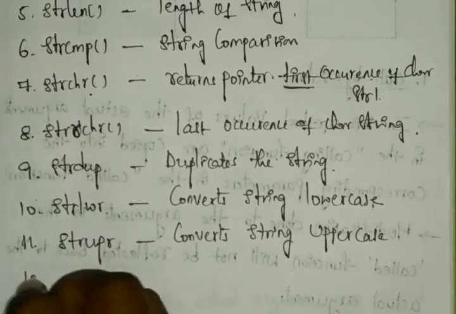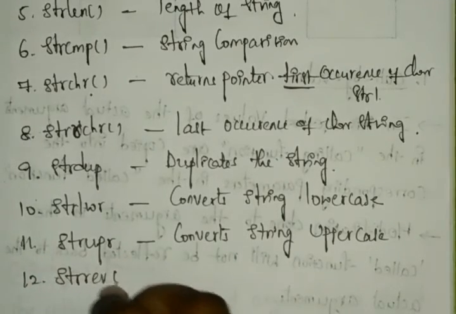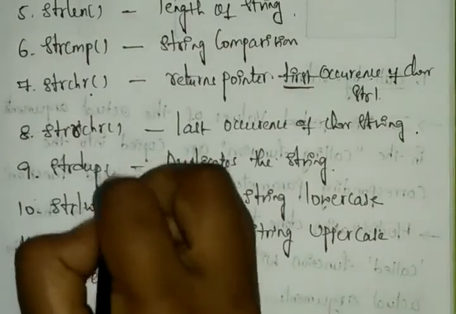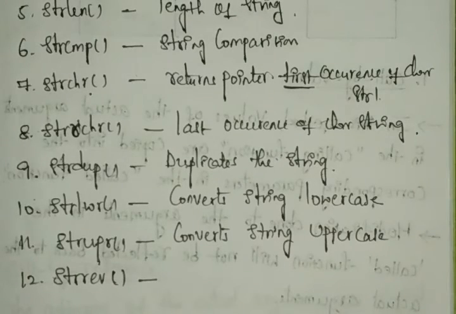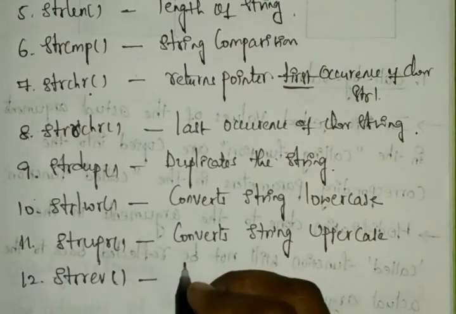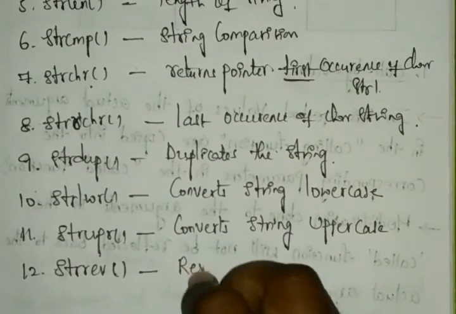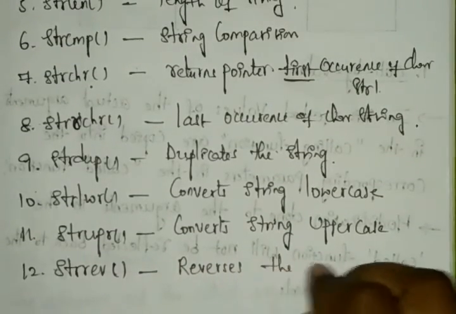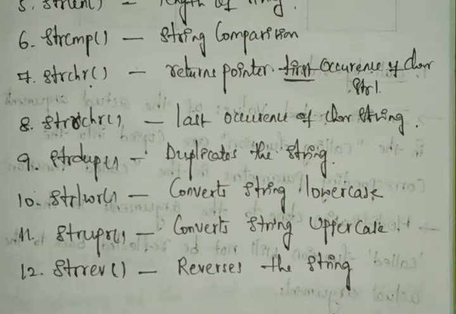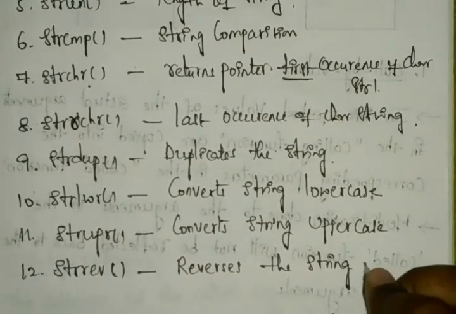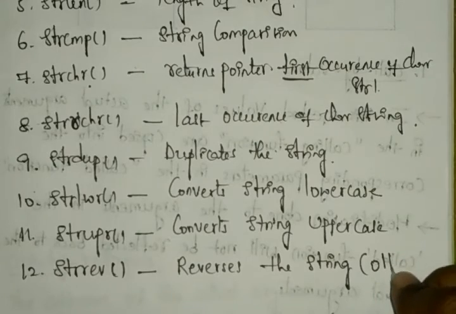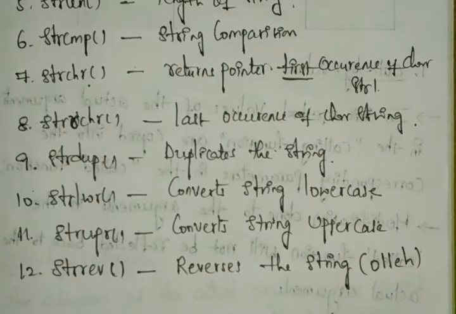And next here we have the string reverse, strrev. So these are all functions only. If we have a function, we definitely have to open and close the braces. It reverses the string. Reversing the string means, if you have a sentence, for example hello, it is displayed as o l l e h. Like this it reverses our string. Whatever string you give can be reversed by strrev.